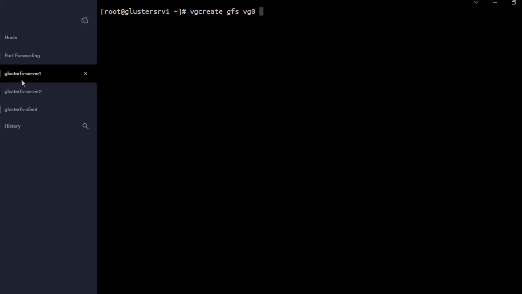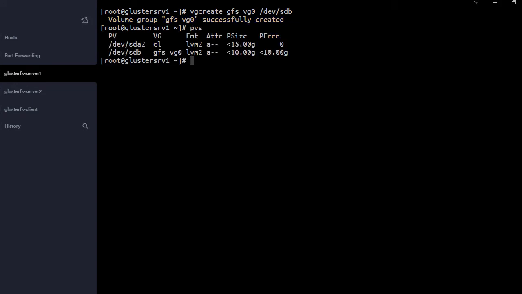And after this, we have to give the name of the physical volume which we want to make part of this volume group. And here we have to give /dev/sdb. Now if we hit pvs, we can see that the physical volume /dev/sdb is a part of volume group gfs_vg0.